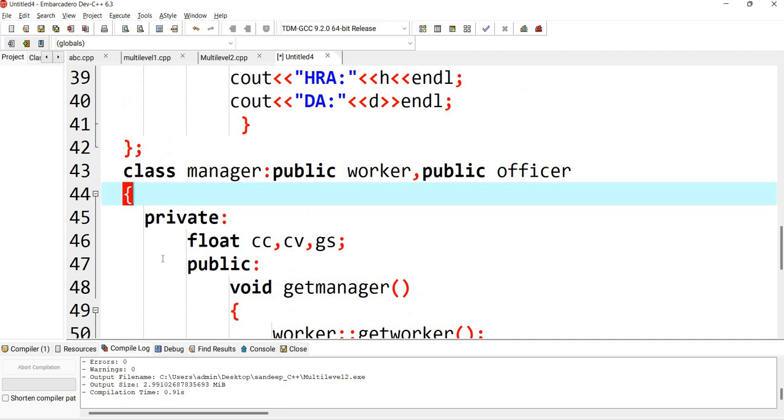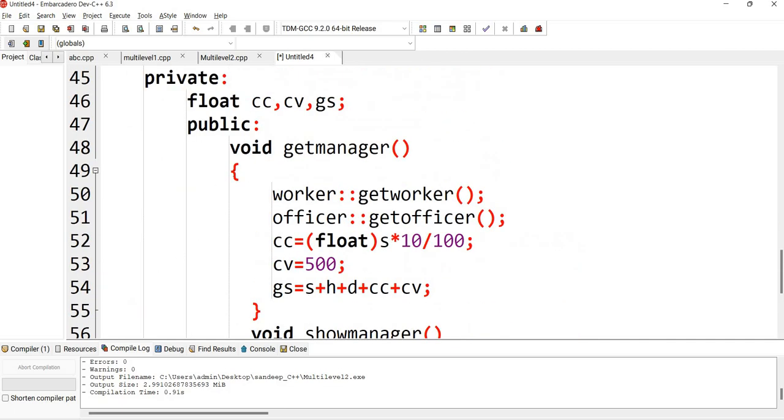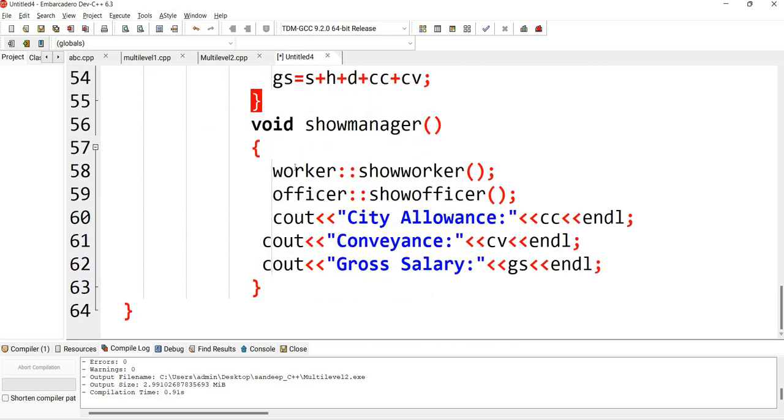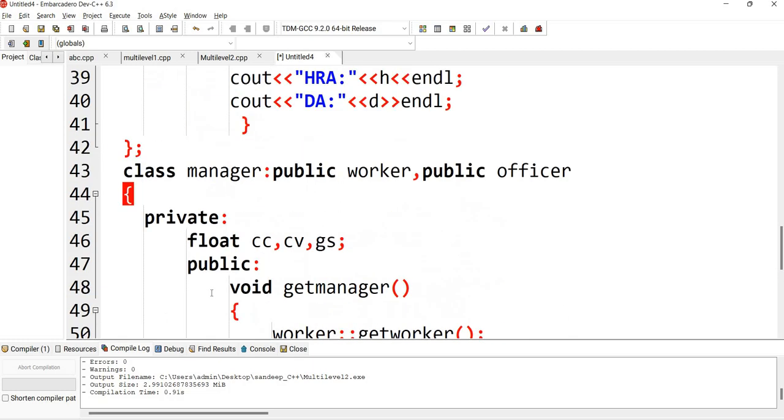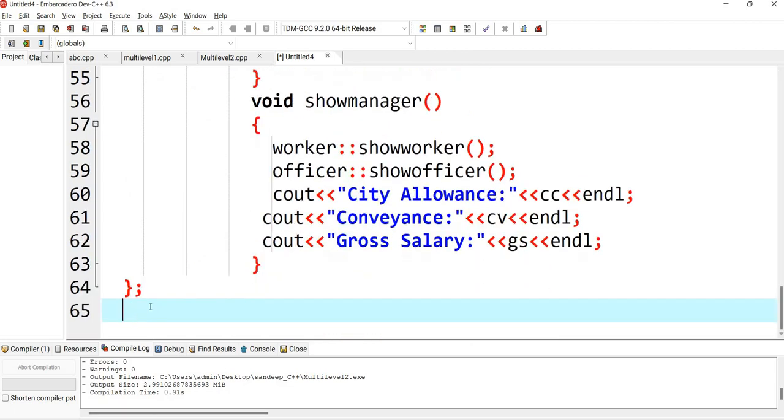This is the closing bracket of this class, and the opening bracket of get manager and show manager. Now this is the end of the definition of this class, so just put the semicolon here, and now just write your main function.